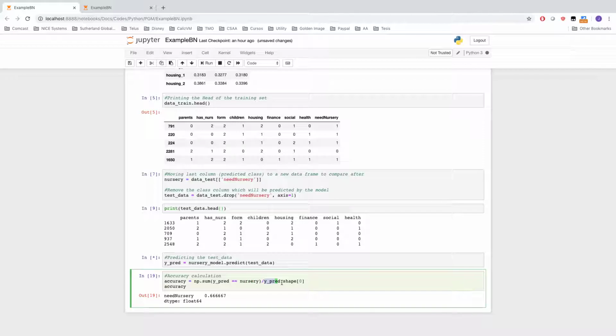If both are 1, it returns true. If both are 0, it returns true. And then I just divide it by the shape 0, which is the number of rows or